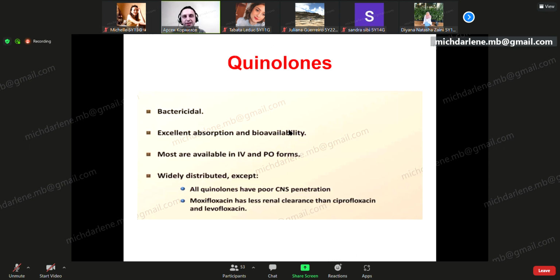Next drug class, and this class is also very popular today, and it is also included in clinical guidelines for respiratory tract infections, urinary tract infections, and in patients with coronavirus infection complicated by bacterial flora. It is the class of quinolones. Officially, quinolones are called bactericidal antibiotics, but you should know that actually their influence is related with the influence on